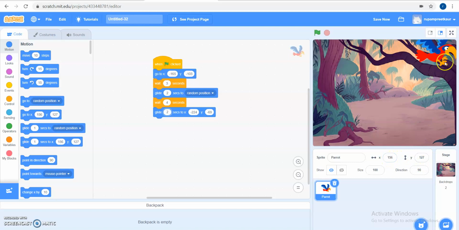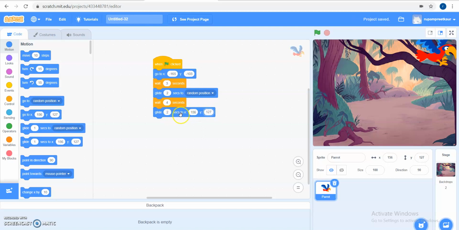Every time I want to see my parrot sitting on this branch, and the coordinates I want are 156 and 127. So the same coordinates I am going to put over here, the x-axis is 156 and the y-axis is 127.